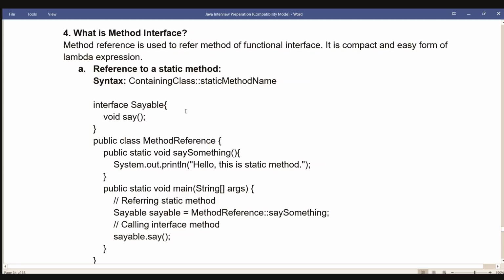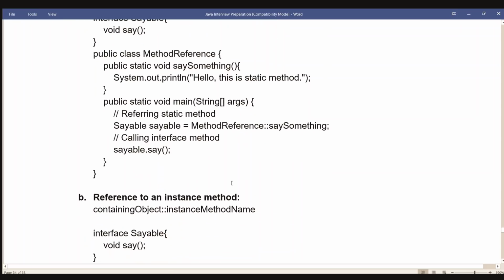interface Sayable { void say(); } public class MethodReference { public static void saySomething() { System.out.println("Hello, this is static method."); } public static void main(String[] args) { // referring static method. Sayable sayable = MethodReference::saySomething; // calling interface method. sayable.say();